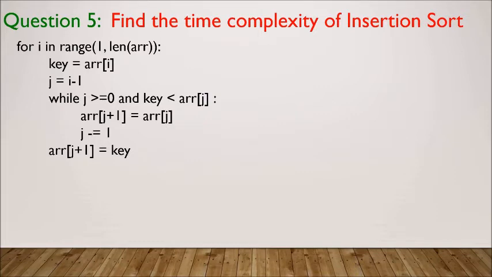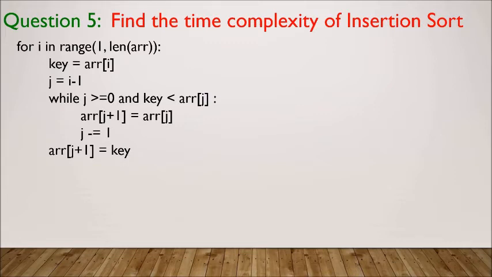Worst case complexity can occur if I want to sort an array in ascending order, and the array which is taken as input from the user is in descending order. It is the worst case, because in that case we have to sort each and every element. To insert the first element, that will be the highest element, to the last position, how many comparisons do we make? Suppose the length of the array is n, so we have to make n minus 1 comparisons. And how many swaps? n minus 1 swaps. We have to exchange the values, so n minus 1 swaps are to be done.